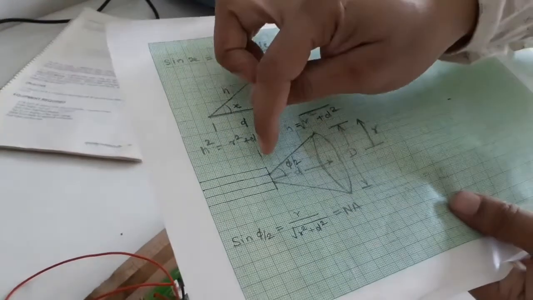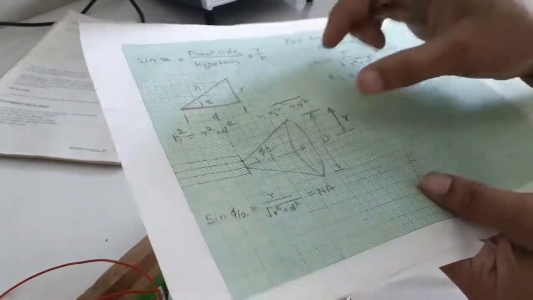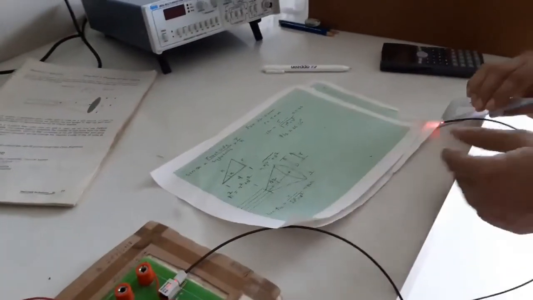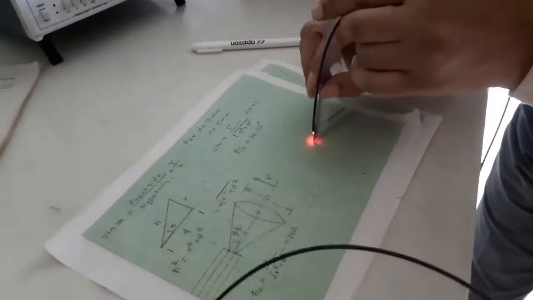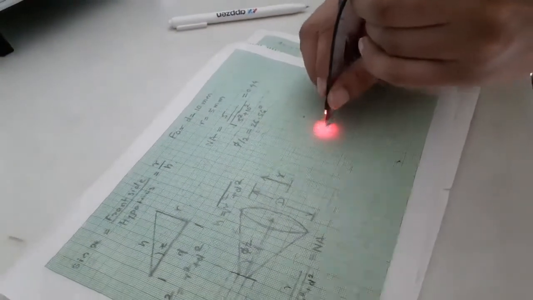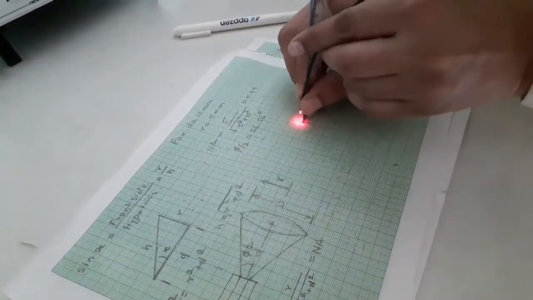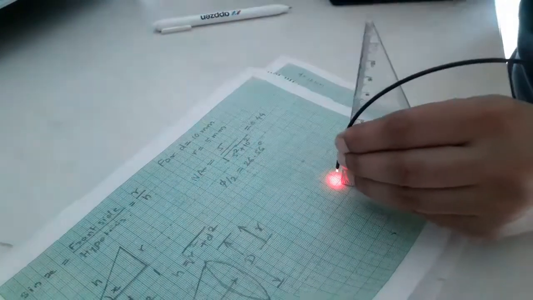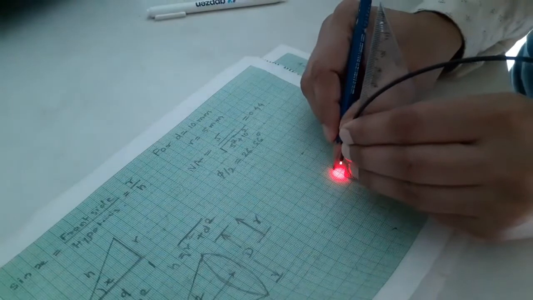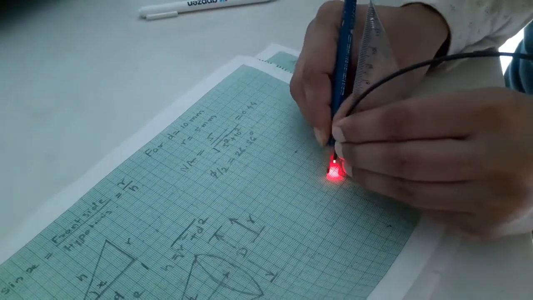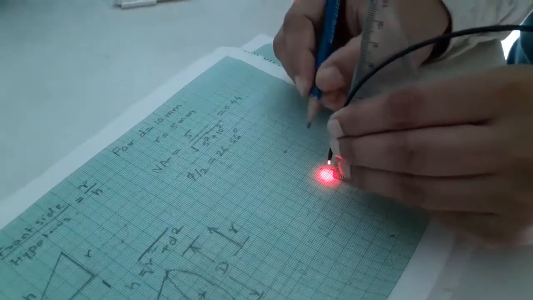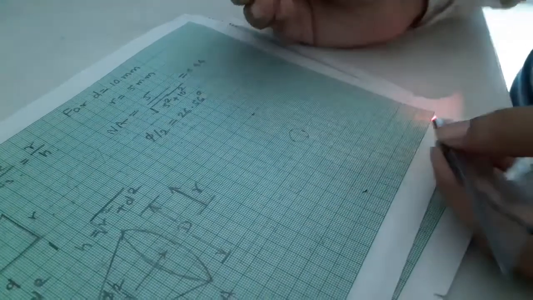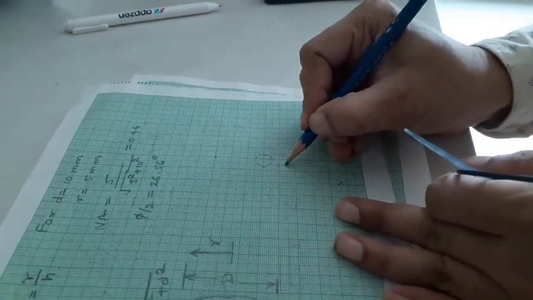the distance from the tip of the fiber to the surface of the plane and the radius of the cone, which is the base of the cone. So what I am going to do is put this on the surface of this paper 1 centimeter above, and using a pencil I will just mark down the points where I am able to draw a circle. And now I have drawn a circle, and from this I am calculating its